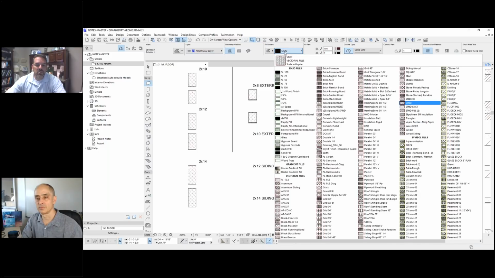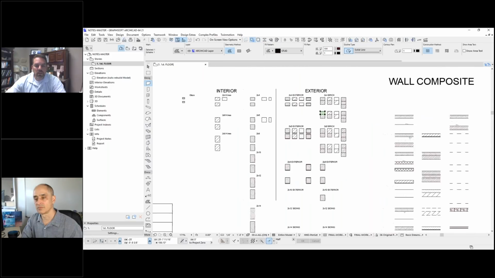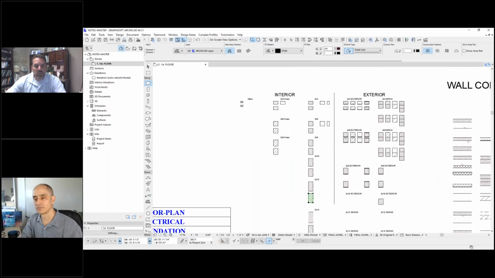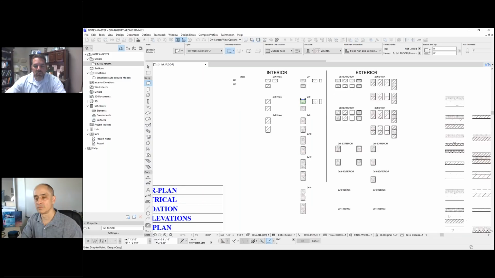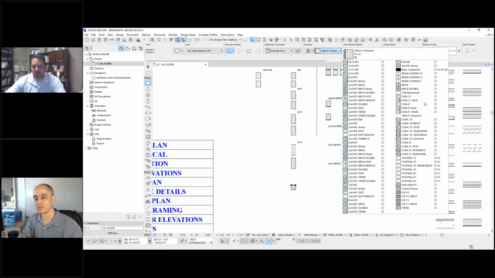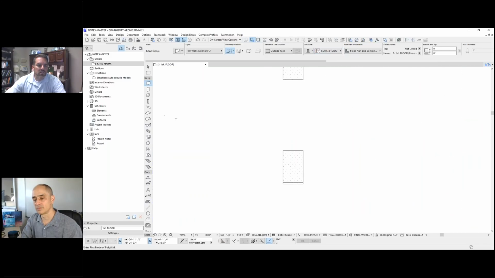So then I would change this to, oh, sorry, that's the wrong one. Here we go. Let's see. That's the exploded version. There we go. I always have graphic representation and I have the model representation. So this is a wall. So I'll go ahead and go to the 2x10. There it is, 2x10 exterior. So now I've created a 2x10 exterior. And then once I save that,